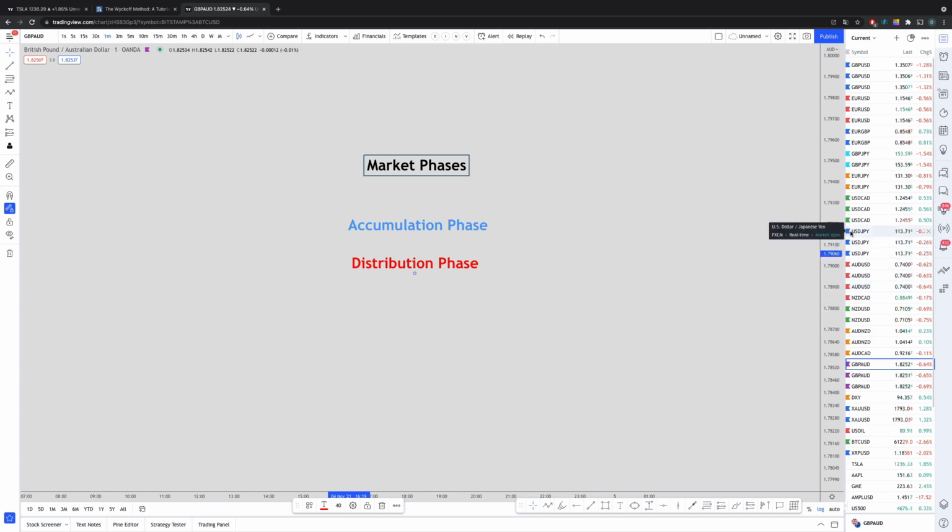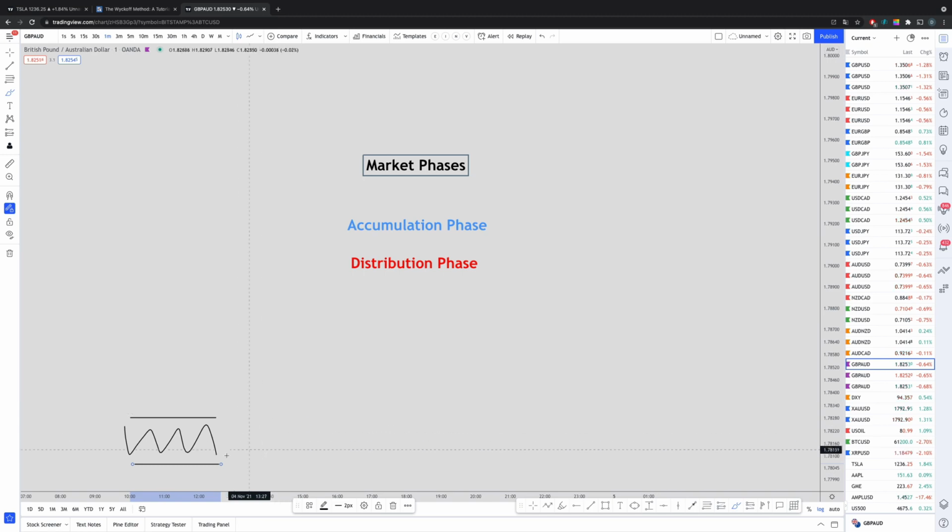Welcome to the next part of the Wyckoff theory, which is about the market phases. Now, what Wyckoff is telling us is just another name for buying low, selling high. So, he describes the theory about the accumulation phase, which is when price starts to consolidate in a range. And the expectation is that if the price does something like that, it will suddenly start rallying to the upside, which we call the markup phase.